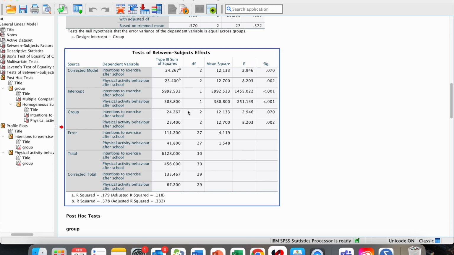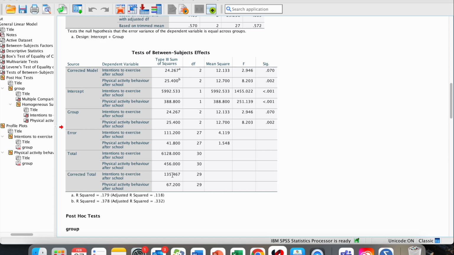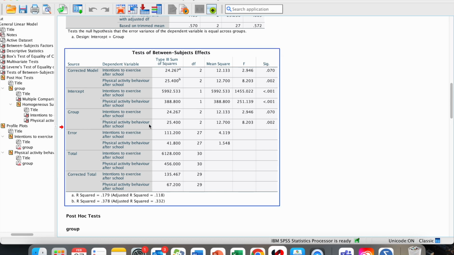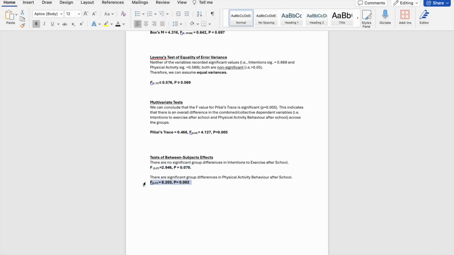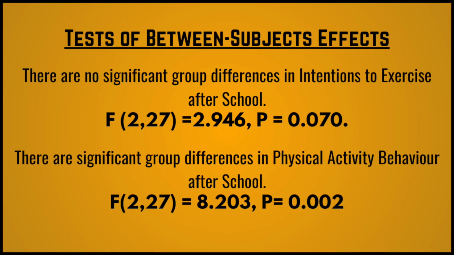So when looking at the tests of between subject effects, first thing we do is check the significance value in the group row for the dependent variable, 0.070. Its degrees of freedom are 2 with an error of 27, and we report the F value of 2.946. For this dependent variable, there are no significant group differences in intentions to exercise after school. The next dependent variable, we look over and see 0.002, so it is significant, and again we use the 2 and 27 and report the F value. So there are significant group differences in physical activity behavior after school, and you say F(2, 27) equals 8.203, comma